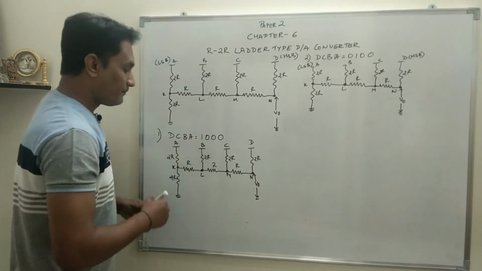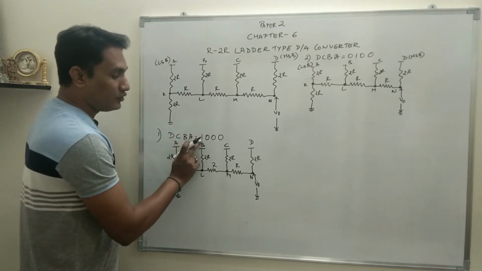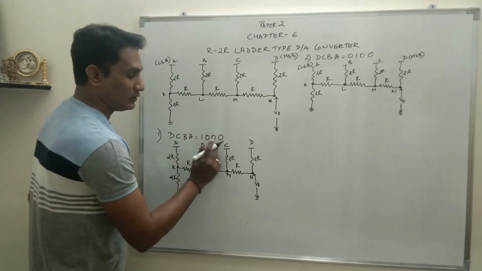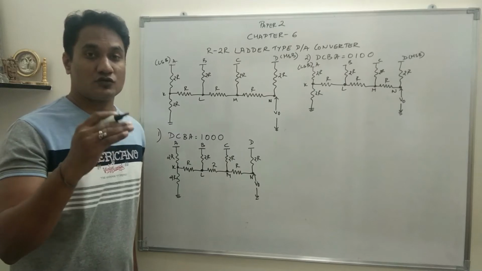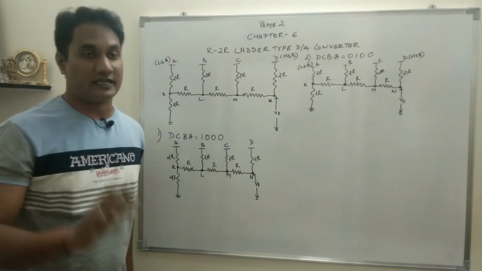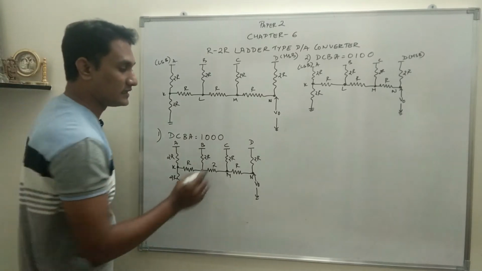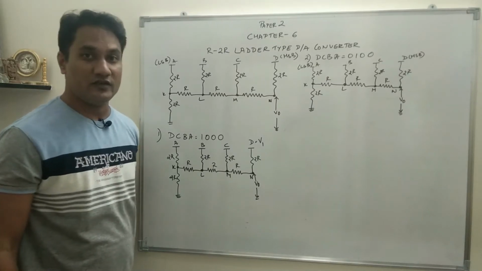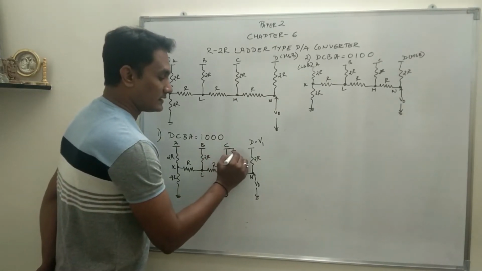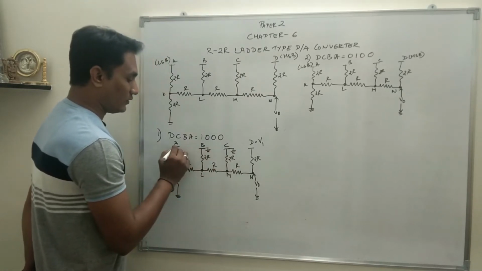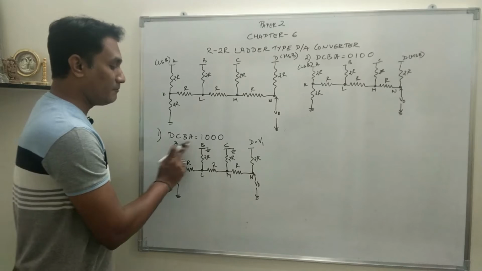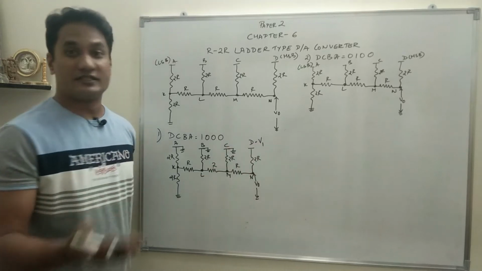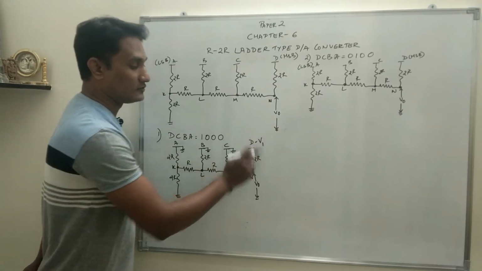So in the first case, DCBA, the input 1 is applied at D and all other inputs are 0, and we know, as we said, 0 corresponds to 0 volt and 1 can be any higher voltage. It can be 5, it can be 10, it can be 15. So in generalized terms, say the potential applied at D is V1 and A, B and C are grounded. Ground potential means 0 volt. So potential is applied only at D, which can be variable, 5, 10, 15. So I am taking a generalized value as V1.